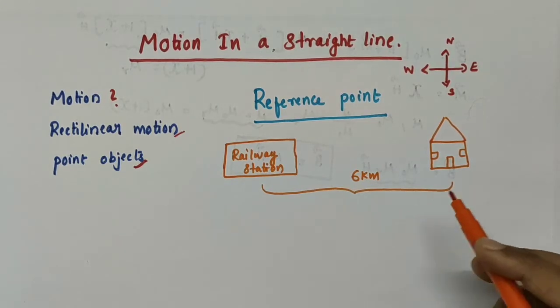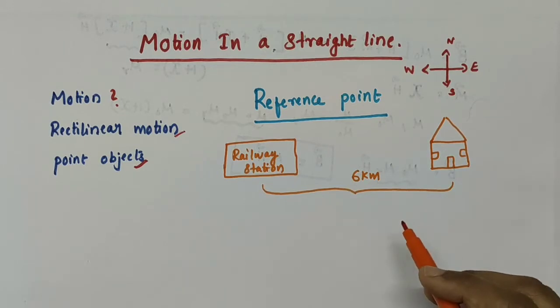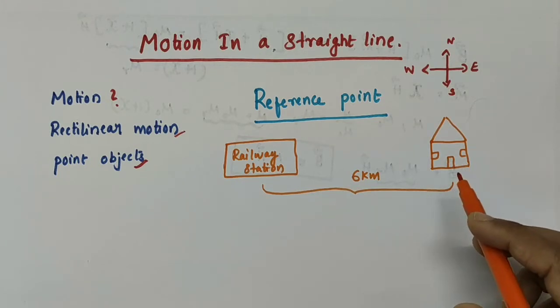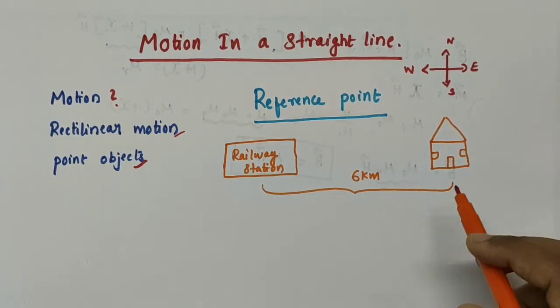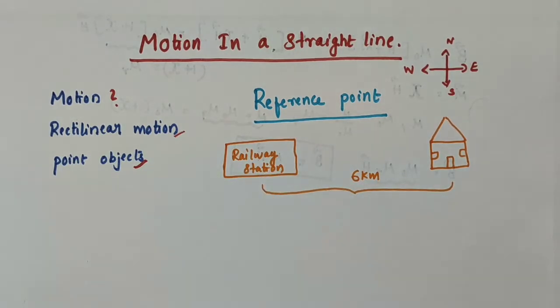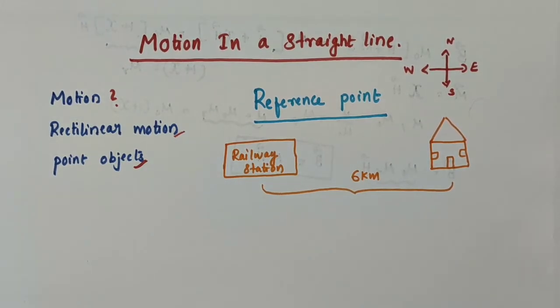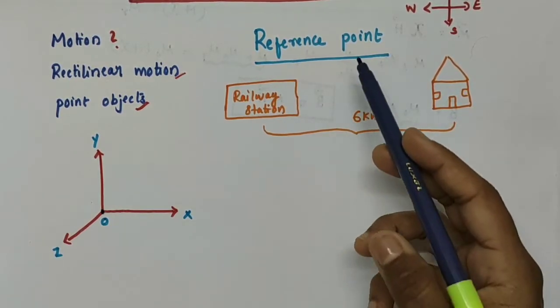Okay, that is, you can specify the position of any object. It can be the house or it can be anything else. You can specify the position of your house by saying that your house is 6 kilometers east of the railway station. That is, here you have specified the location of your house with respect to the location of the railway station. So, the railway station is the reference point in this example. So, in order to specify the position of an object, we need to use a reference point and a set